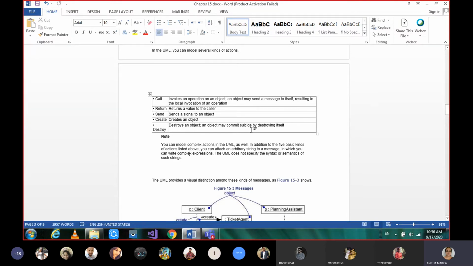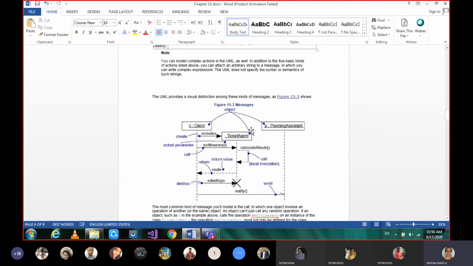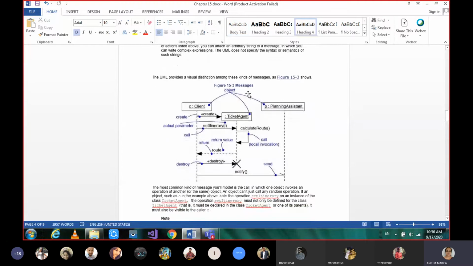Okay, so let's see these examples in this scenario. If you see here, client and planning assistant are the two classes, and its instances C and P are under interaction here. Just remember this example as reservation of a railway ticket or air ticket, whatever it is.